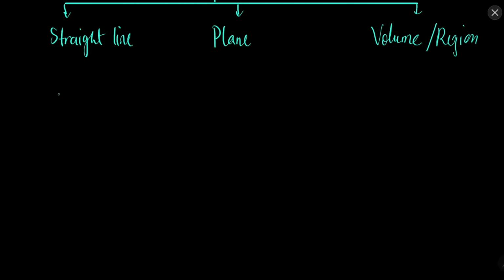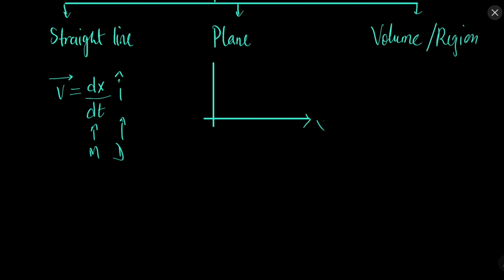For example, in 1D, what did we do? The equation of velocity was dx by dt, and let's say the direction was i cap, okay. Velocity is a vector quantity, so we'll use a direction. For direction I am using i cap. Remember, i was the direction for x axis, so let's say the object is moving in x axis, so this is the magnitude and this is the direction. Now what happens in a plane? So let's say one object is moving in a plane, y and x plane, okay, xy plane. So we can write the velocity like this: dx by dt i cap plus dy by dt j cap.